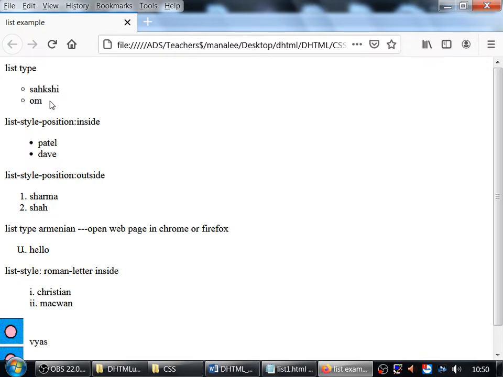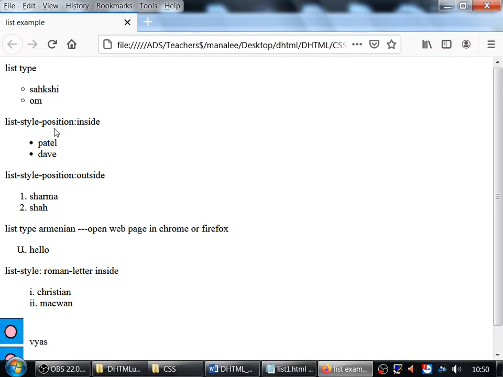Right? So to prepare this list, do you have to use the OL tag? No, you have to use the UL tag because it's an unordered list. There is no order. Which order is that?